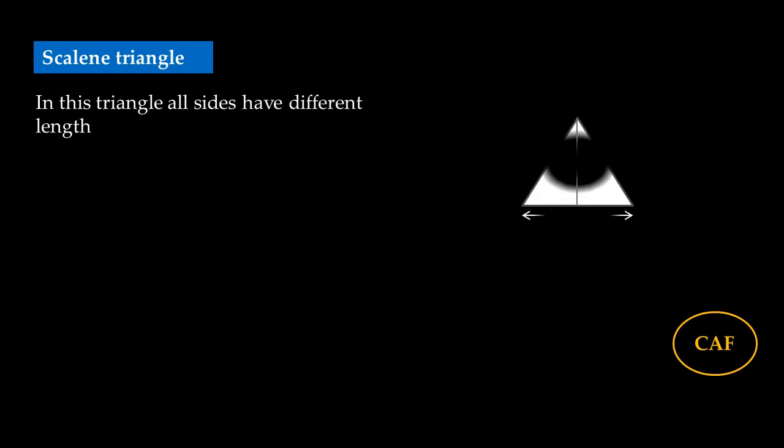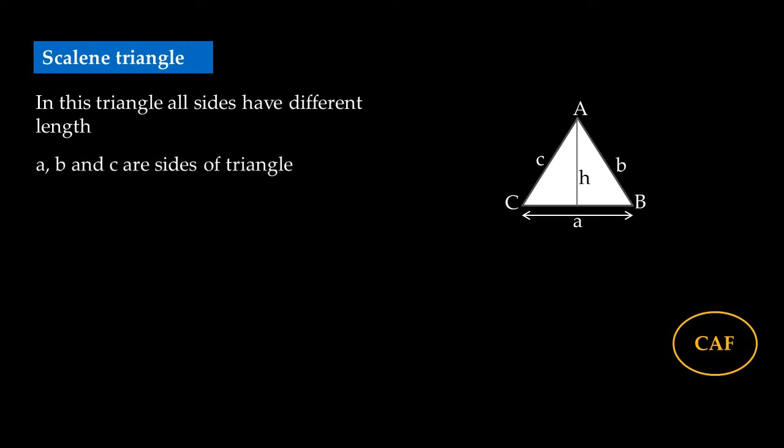First one is scalene triangle. In this triangle, all sides have different lengths, meaning all sides are different. If you see this diagram, you will see the sides of the triangle are different. I am mentioning them as A, B and C, and the height of the triangle is H. Okay, so